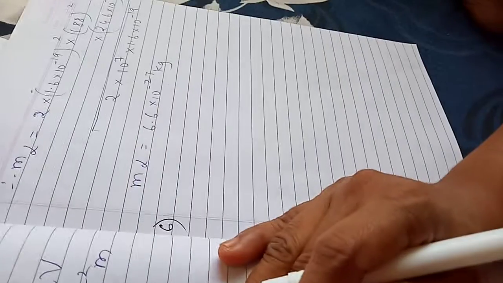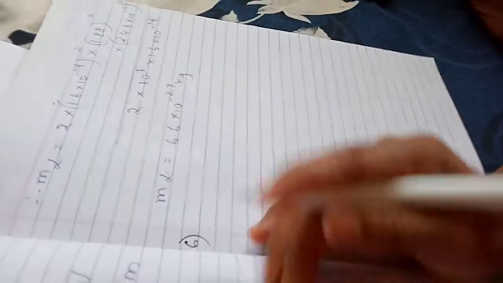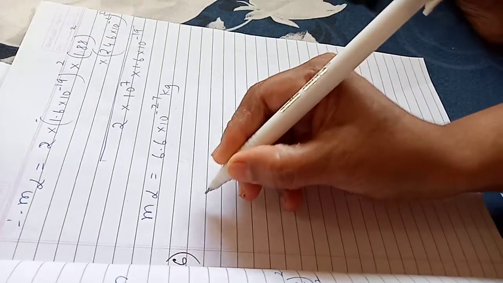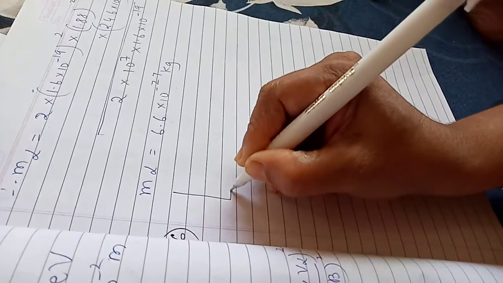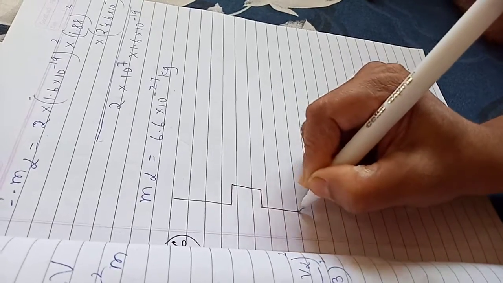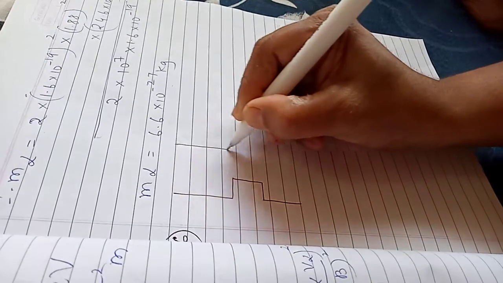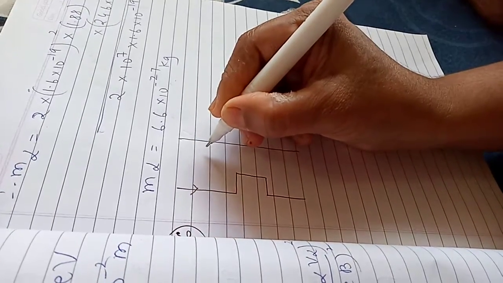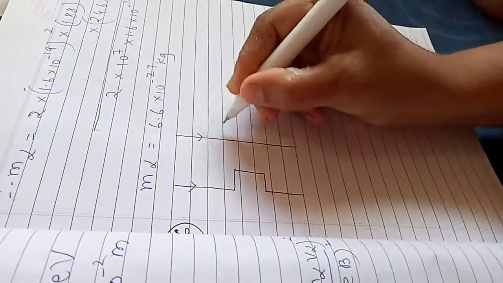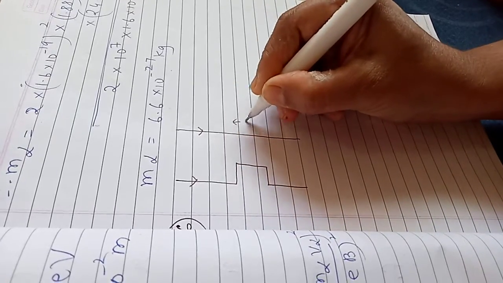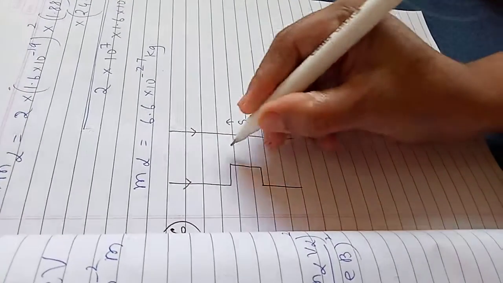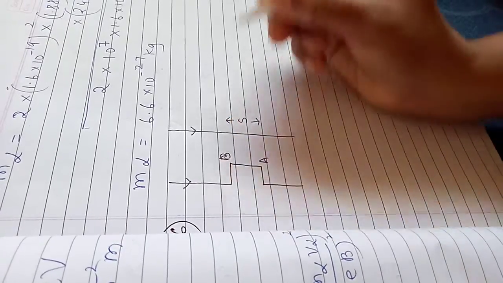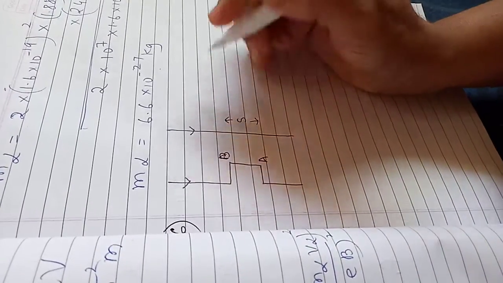Question number 6. Problem number 6. Two wires as shown in the figure are connected in series in a circuit. See here. I have just shown the figure to explain to you. Nothing else beyond that. The currents are in the opposite direction. This is the length S, length AB. This is A and this is B here. This is the figure given in the textbook, not from my pocket.